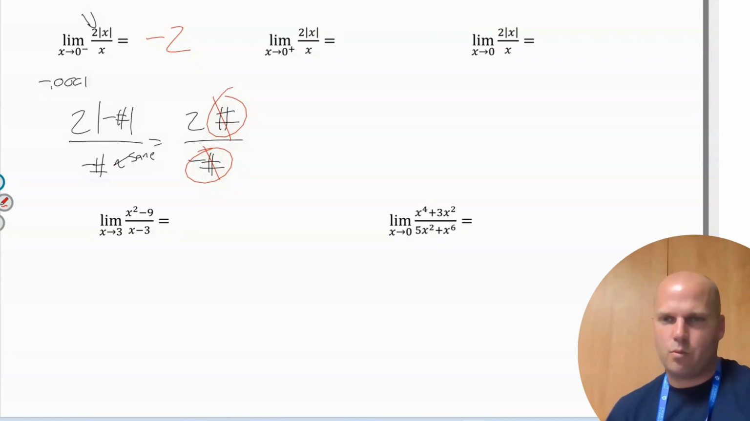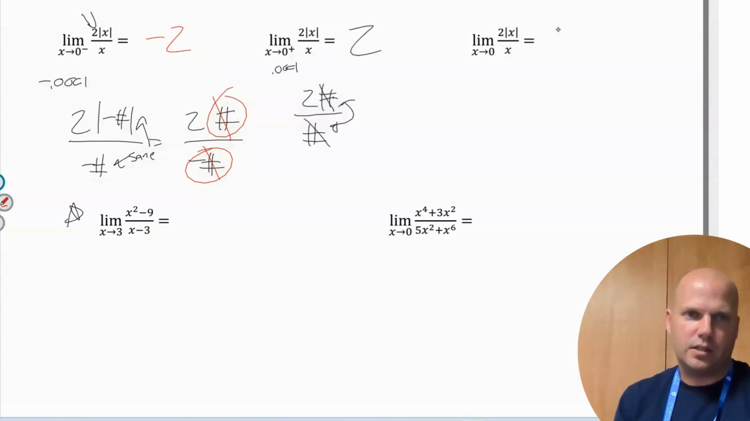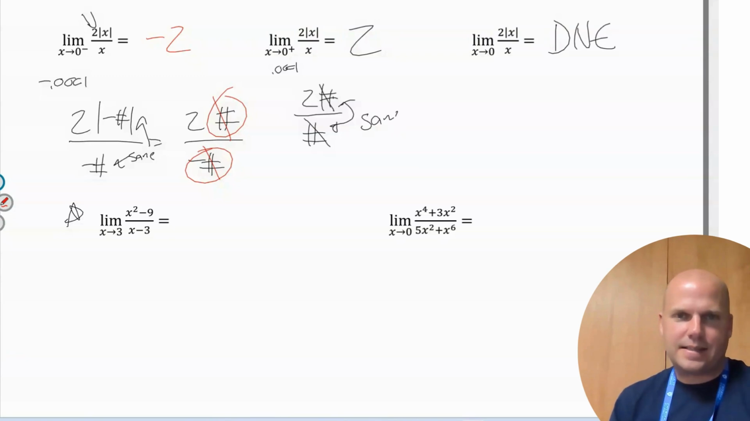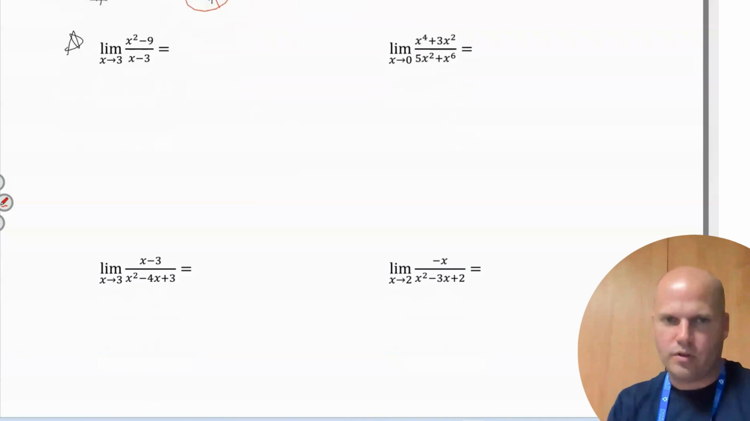Now, when we go to this bottom one, this is where it's important for you guys to really pay attention. If I do it with a positive 0.001, 2 times a positive number over the positive number that's the same, since these numbers are the same, it will cancel. We'll get +2. This does not exist. It has to be the same to cancel because watch this, and this is the most important one. These are the ones that students mess up on the most. They're thinking about plugging in